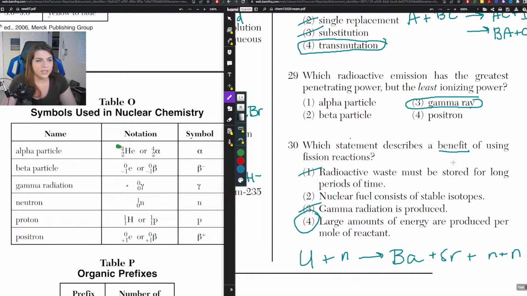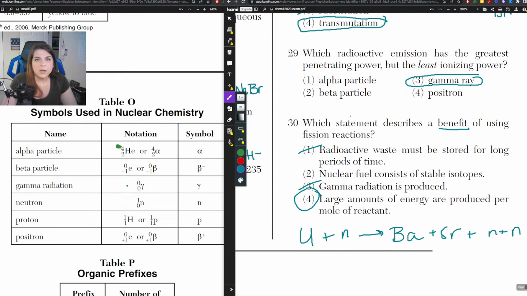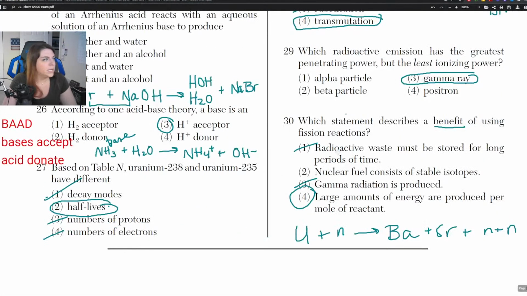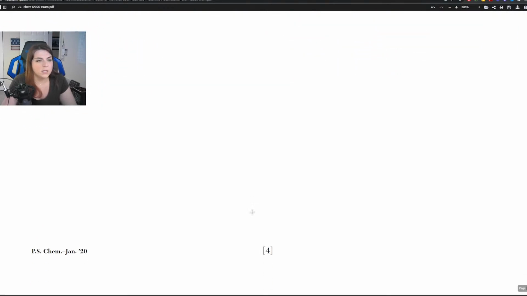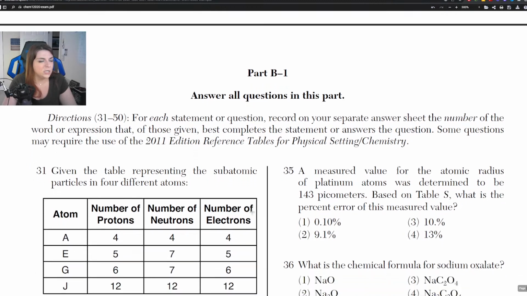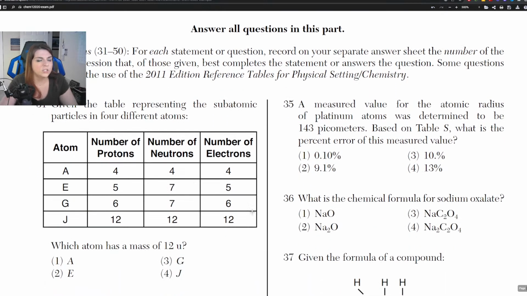And that is everything for part A. So now we will move on to B2. Of course, if you have any questions at all, leave them in the comments because I'm watching for questions. Okay, question B1,